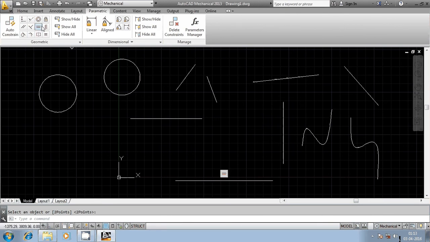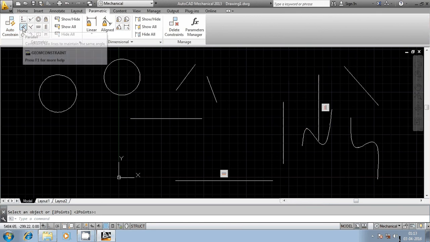Now we will use vertical. Select one of this. You can see here this is my geometrical reference point, and this I want to reorient with reference to this. Just select here. You can observe here this got reoriented. You can see here we got the vertical symbol. Here we got horizontal, here we got vertical.